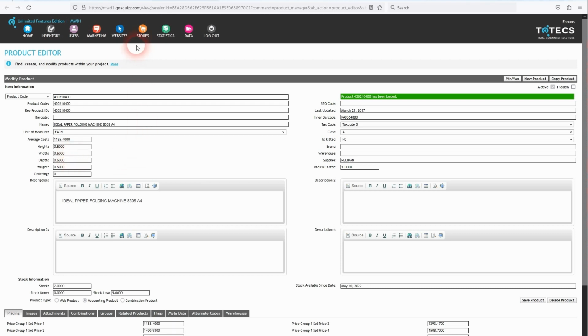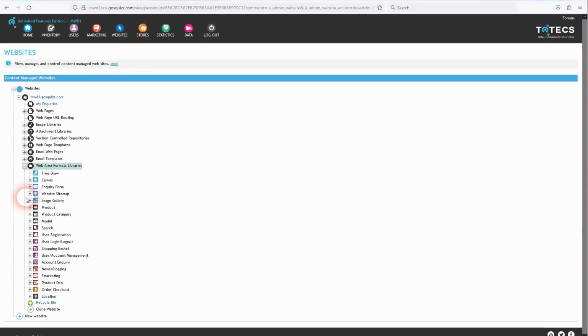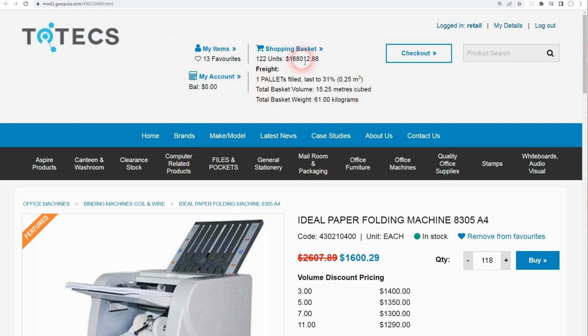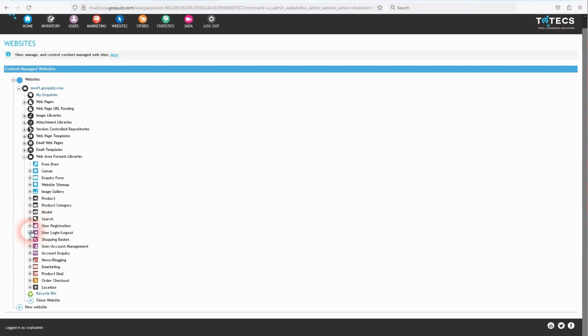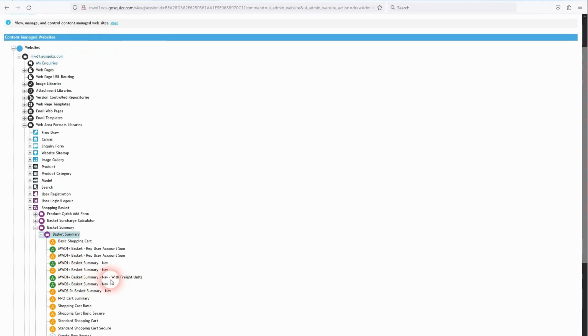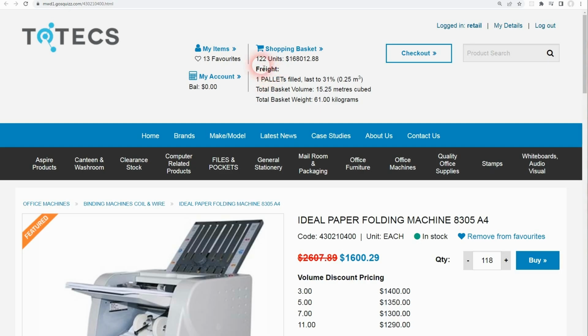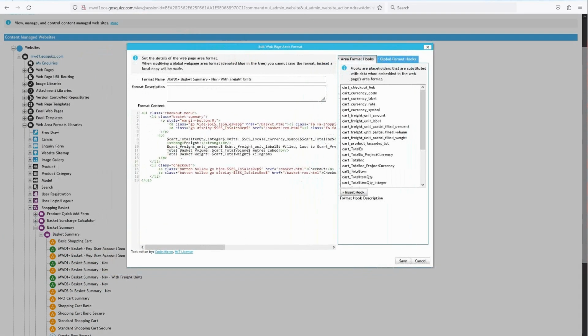Now, once that's set up, the final step is to click on the Websites menu button and go into the Websites interface. And within the web area format libraries, for both the basket summary areas or within our shopping basket listing area, we need to find those areas. Within the web area format libraries, we go into the shopping basket tree node, and then we expand the basket summary area. Within here, we've already created an area format that controls the styling and the data positioning within this area. So if we go into that format, and we need to find the correct format that is used for a particular area,